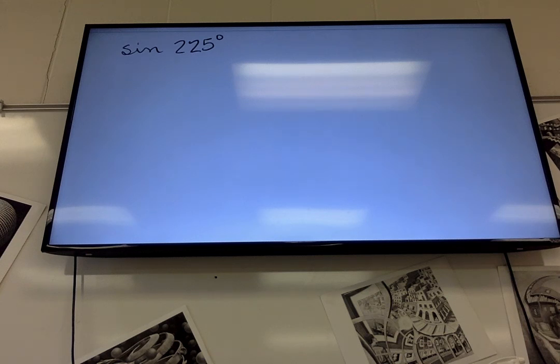If they give you the angle, it's a little bit easier. We want to draw the picture first because we already know exactly what the angle looks like. Quadrant